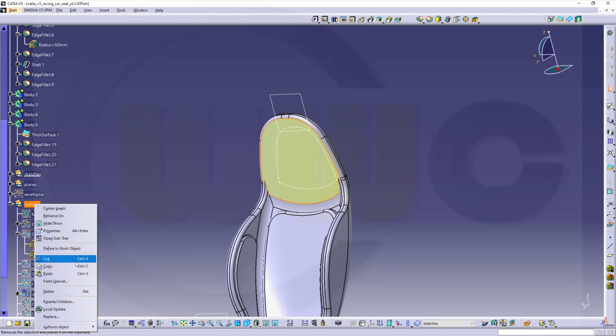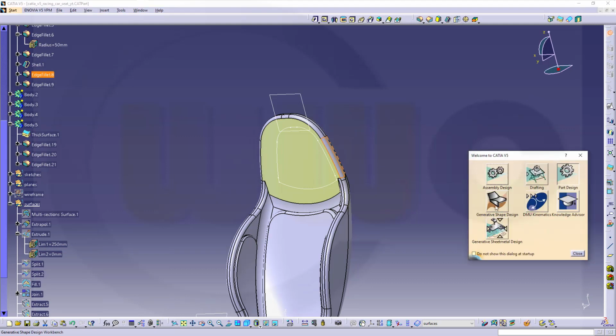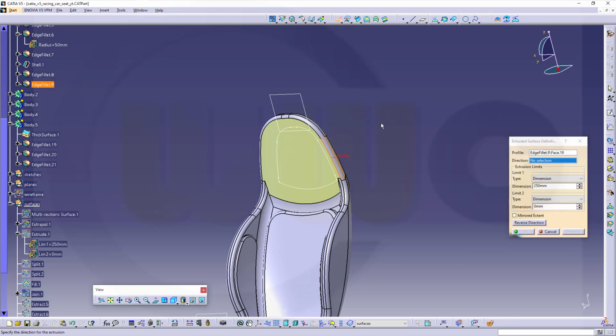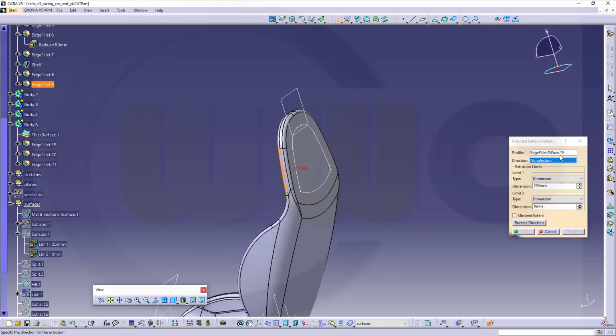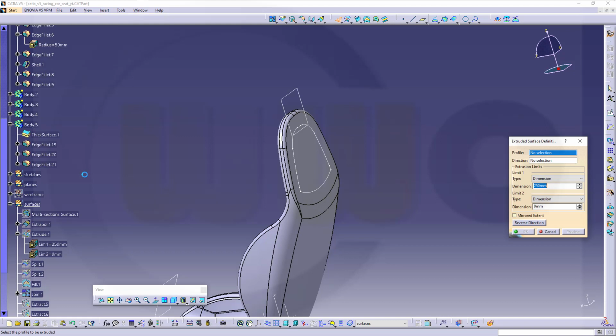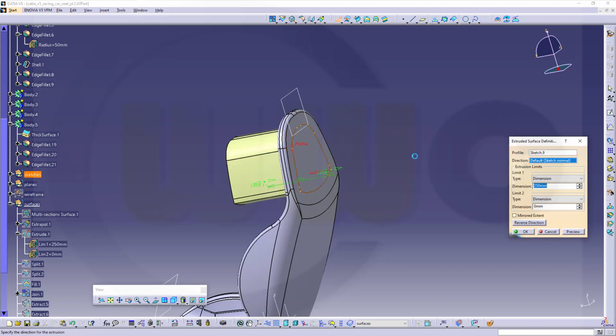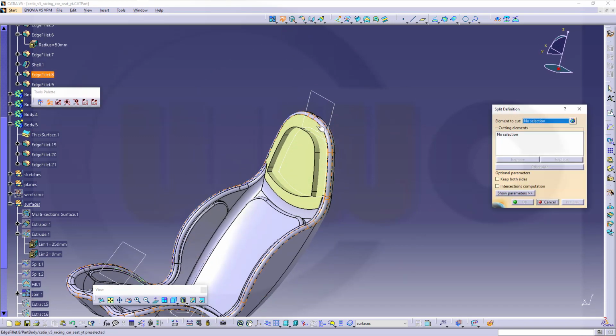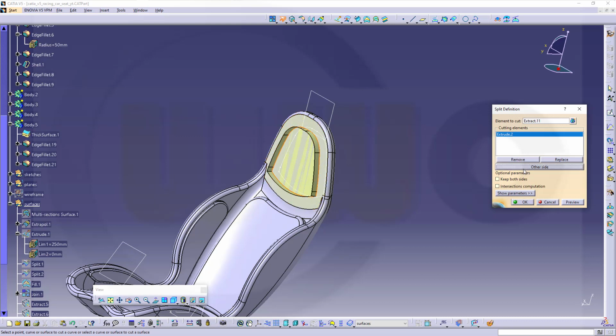Now I need a surface. Go over to shape design, and I want to extrude this sketch. No, not that one. This, make sure it's not selected. Now let's go for an extrude, and that would be this sketch here. Yes, make it maybe 50. And now I could split this face with that surface, and I want to keep the other side,